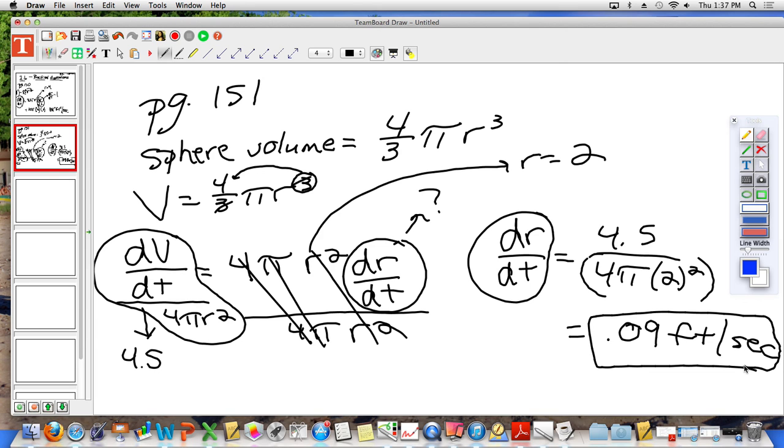Some of my answers, you're going to notice on my answer key will be left in terms of pi. Sometimes they're not. So just know that on a test, I'm okay with your answers in pi or not in pi, whatever you give me is fine, okay? In fact, I was thinking about this. I probably should have left this answer in terms of pi, because 4 divided by 5 is 9/2. I could have easily changed this to a fraction and divided it by that, but